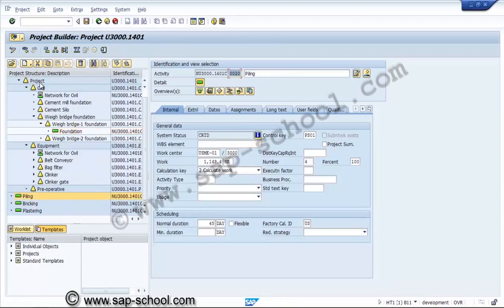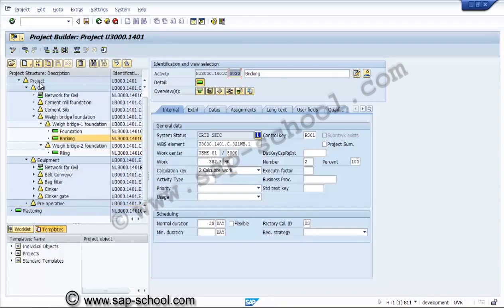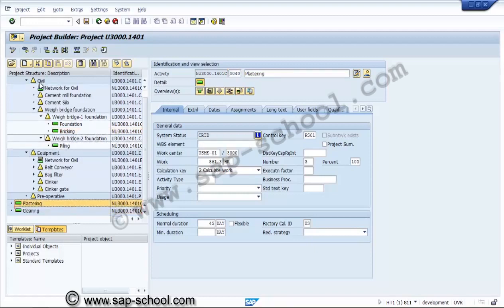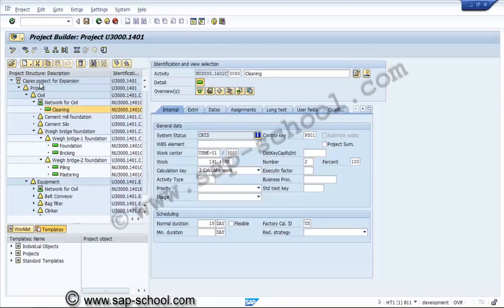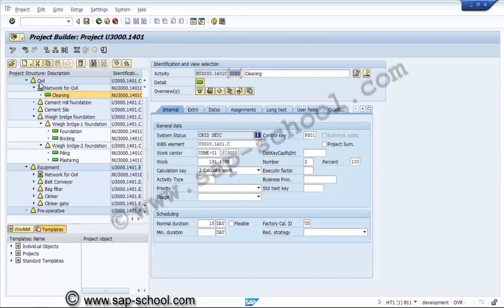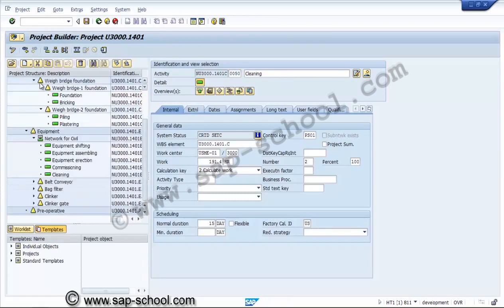So this way we are assigning the activity. For one WBS element we can keep more than one activity also. It is possible. Now we have assigned the WBS elements to activities. In a similar way, here also we have some more activities.